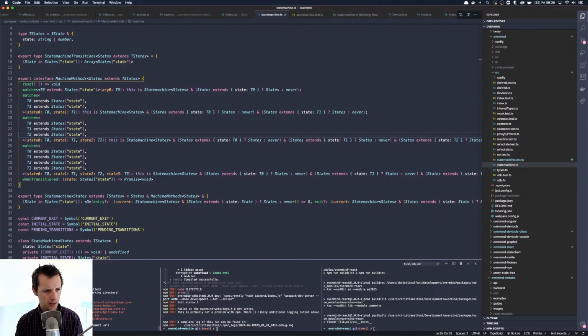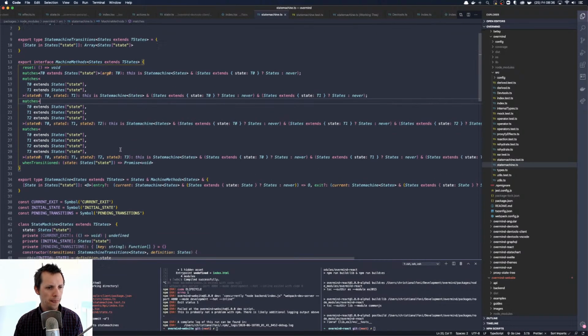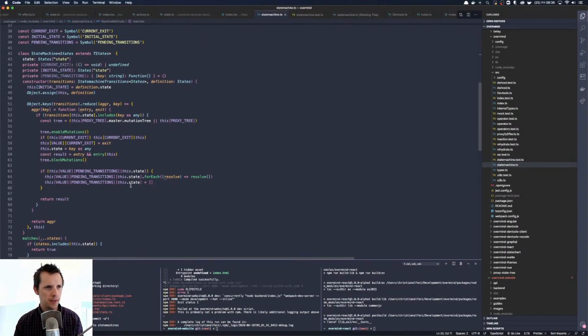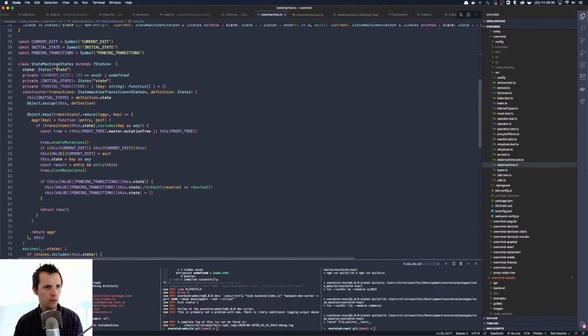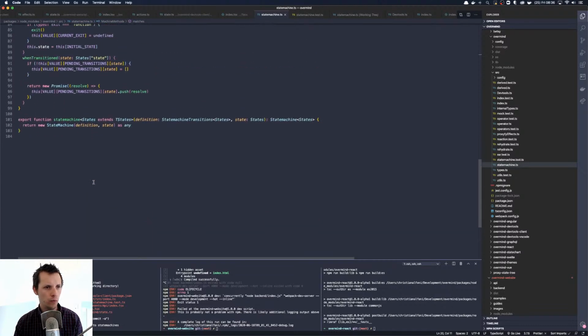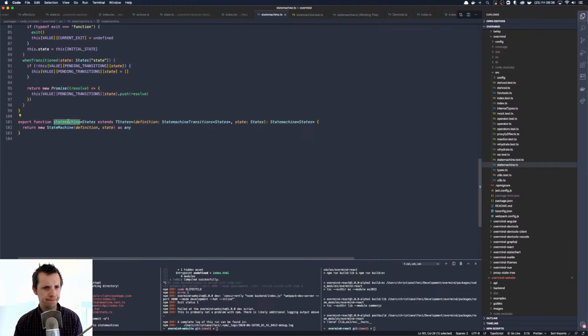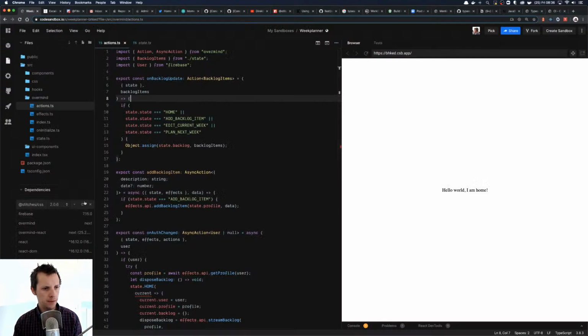Okay, so this is just some other stuff we can remove. Yes, so this is what I did. This is the implementation of the state machine. It's just a class that you use. So when you call state machine, I wonder what happened there. Anyways, when you call state machine, oh wait, I think it's because,